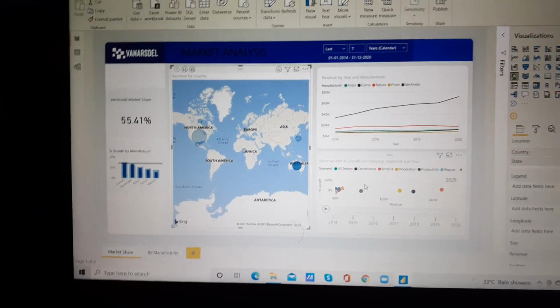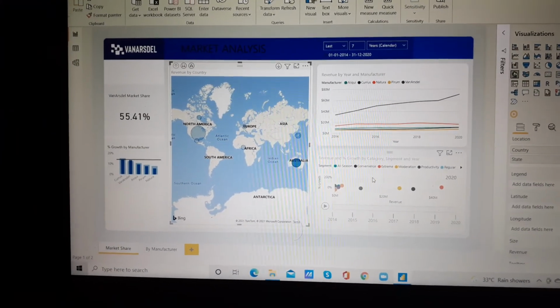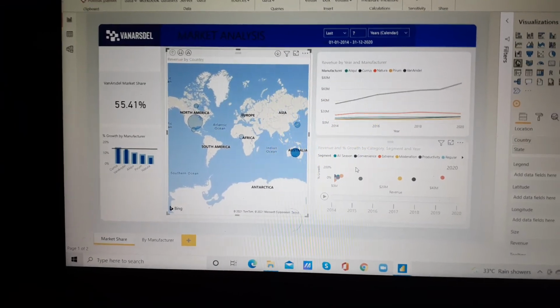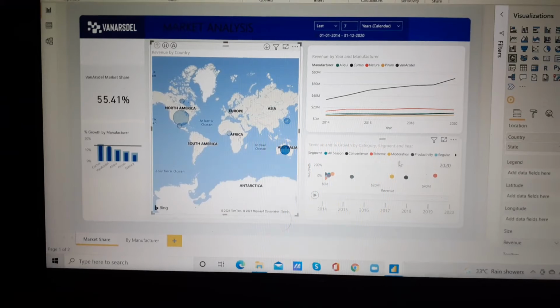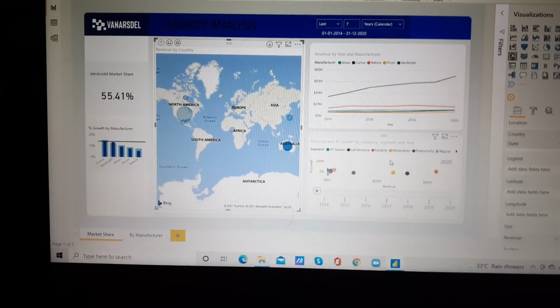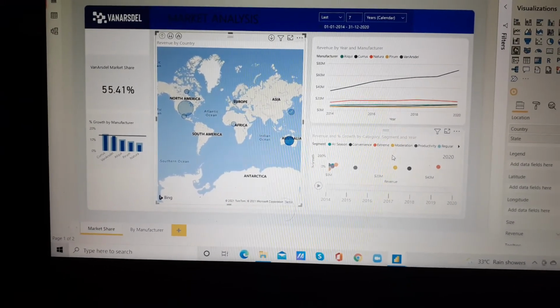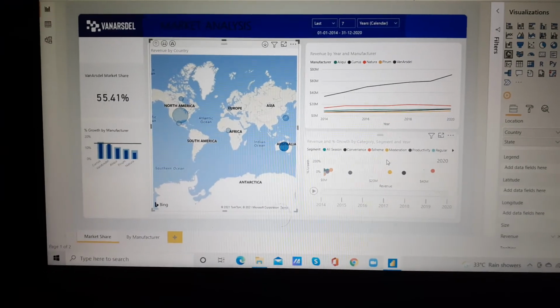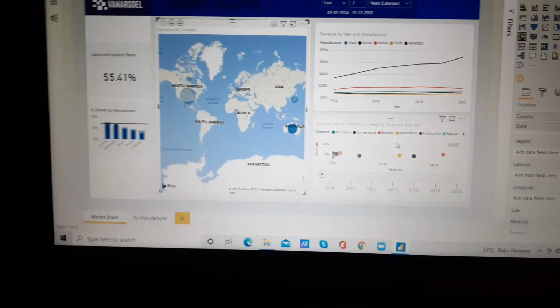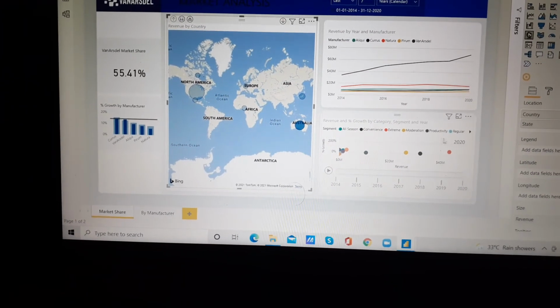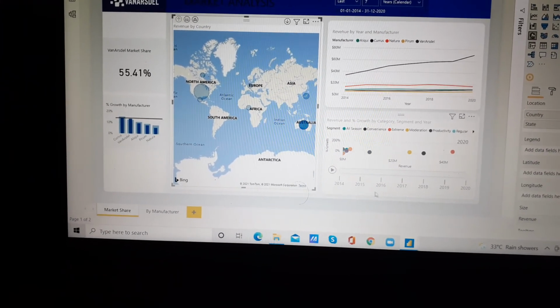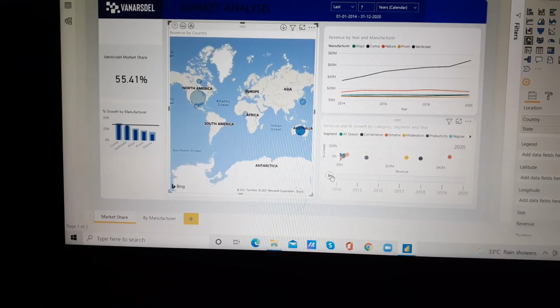And it is also showing the segment, category and product wise visualization, as I told you while analyzing the manufacturer part.